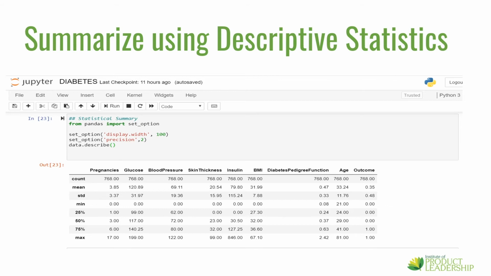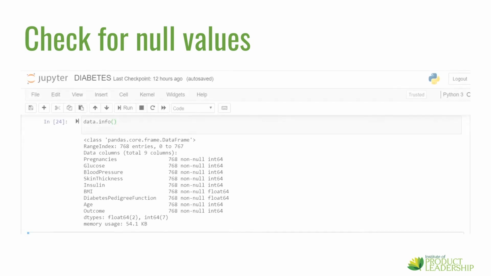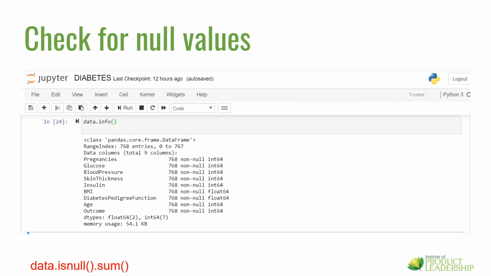We'll consider this technique towards the later part of this video. Using the info() command, we can get other useful information for each of the variables in the dataset, and most importantly, check for null values. We see that there are 768 entries or observations, and for each of the features, these entries do not include any null values. Therefore, we can safely conclude that this dataset does not have any null values.